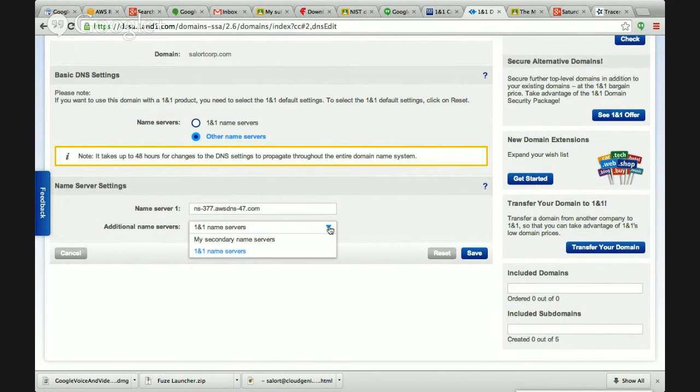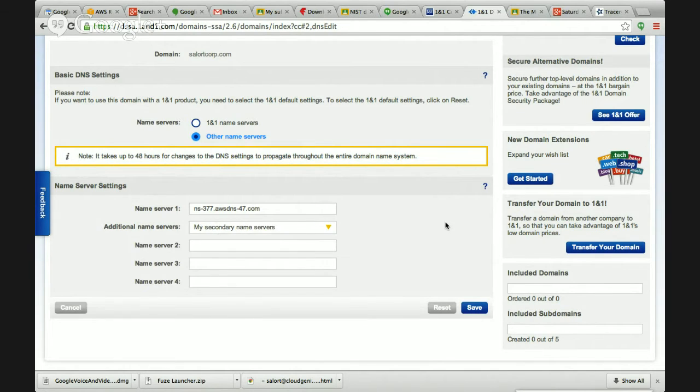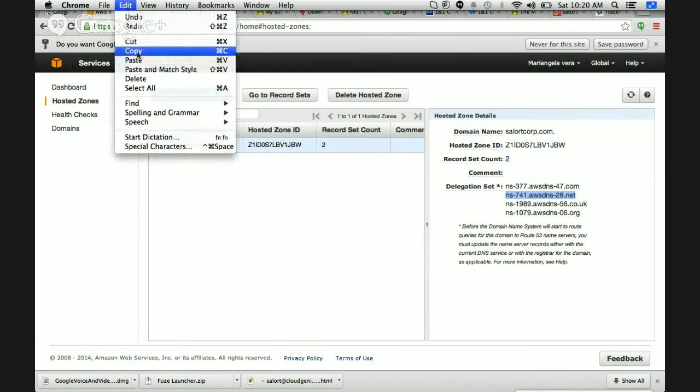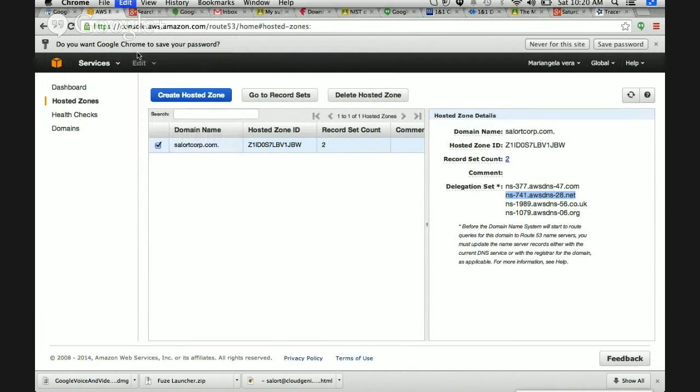And you should select secondary name servers here in the blue drop down, secondary. It will open up 3 more entries. And the other entries you have from Amazon AWS, you should grab those and put them in here one by one. And while you do that, what I would like to say is this propagation, this change of DNS name servers takes a little time. We have seen it takes anywhere between 10 minutes to 2 days. We don't know how much time it will take for you.